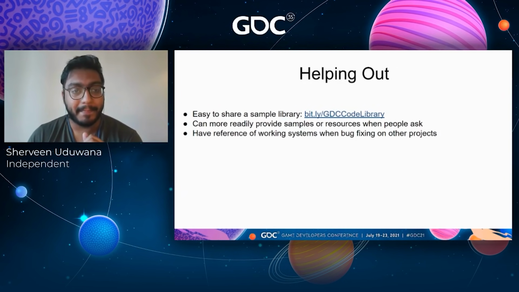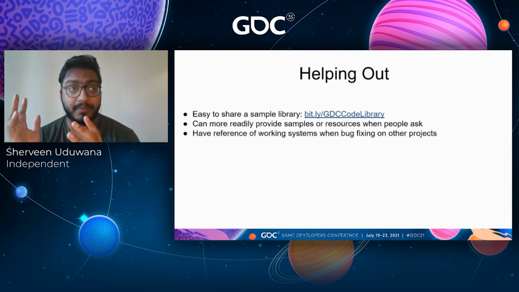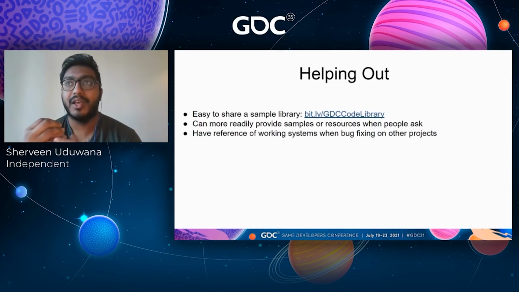And that's super helpful. Also when I'm on other projects, right? When I'm doing the main part of my career, which is working on contracts, I have my own library of resources to reference. So, let's say I have to build a dialogue system for a different studio, and they have a number of constraints, or they've partially implemented it.